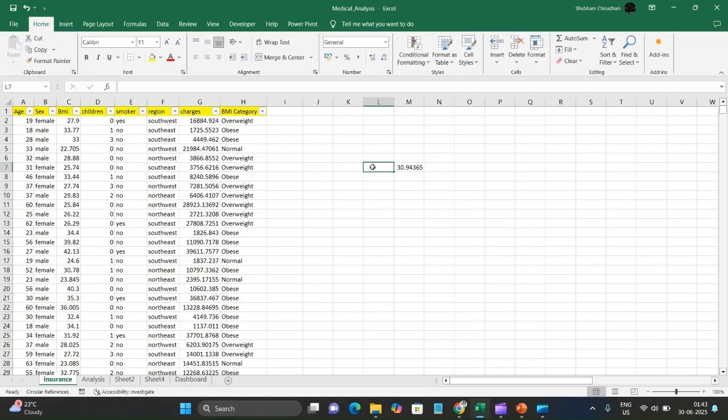So this is for the female BMI. If I wanted to find the, sorry, this is for the female or male, let me check. Sorry, this is for the male, not for the female. If I wanted to find for the female,